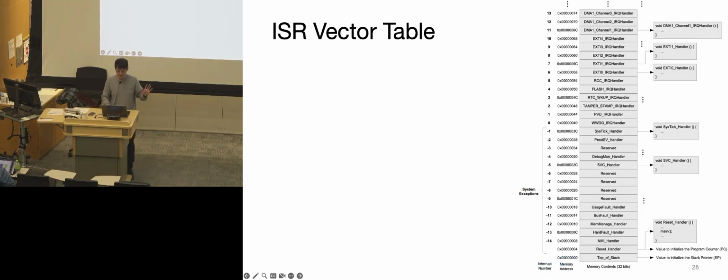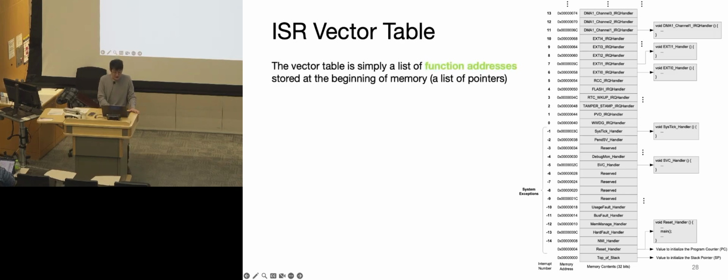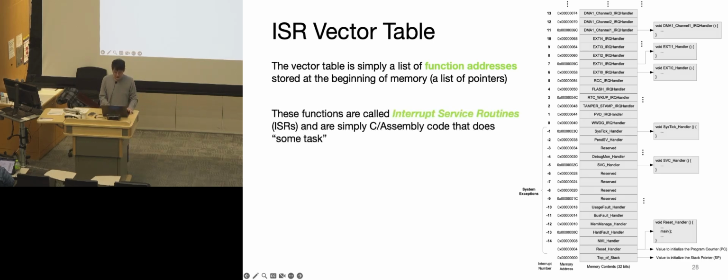Okay, so this is an example of what an ISR vector table looks like. It's simply a list of function addresses stored at the beginning of the memory, which is what we just looked at. And the ISR is the software routine or function executed in response to an interrupt request. It contains the code that processes the interrupt event and performs the necessary responses or actions. And the processor basically jumps to the ISR when the corresponding request happens, and then does whatever needs